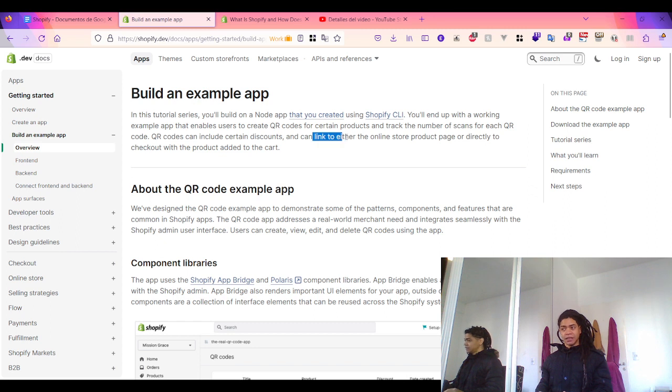which is a link either to the online store product page or directly to the checkout with the product added to the cart. And we're actually addressing a real life problem that most commerce businesses have when it comes to product management, inventory management, payments, and shipping using the QR code. So in this example,